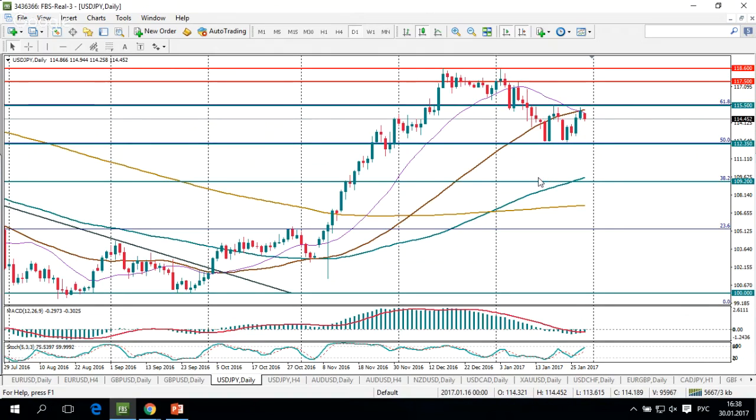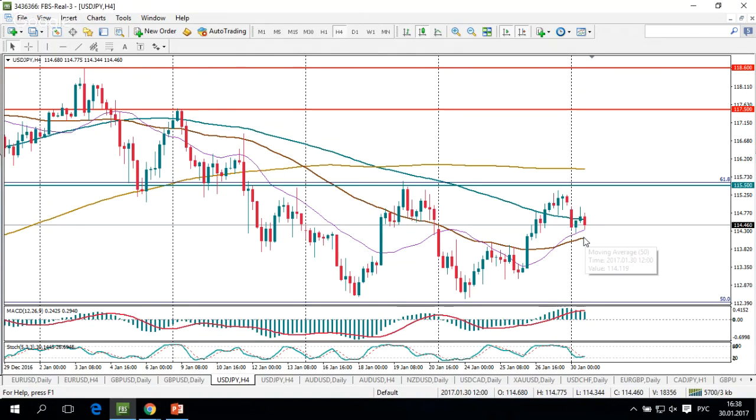All in all, I think that the Bank of Japan's meeting will certainly matter. It may have a positive impact on the yen, and this is why we are currently seeing dollar yen on the downside here, although US dollar index is trading in the positive territory. So here we will be